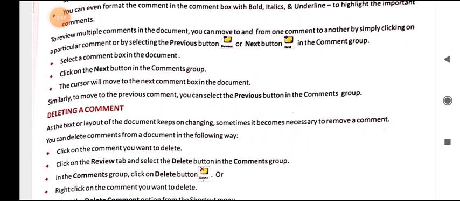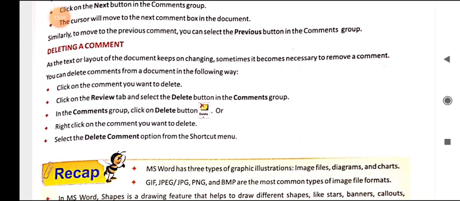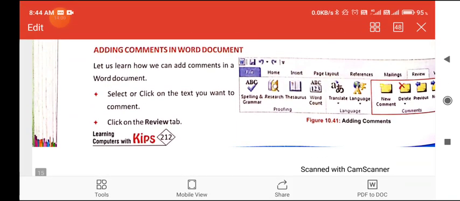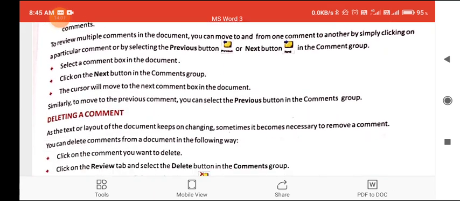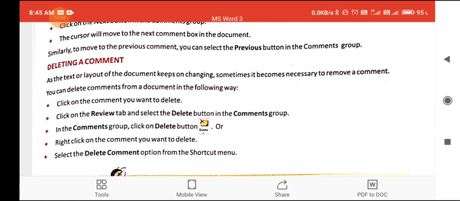Now the next and last topic of this chapter is deleting a comment. तो suppose that you have created a comment, you have written something, अब आपको ये लगता है कि अब इस कमेंट की कोई ज़रूरत नहीं है तो उसको आप डिलीट भी कर सकते हैं और उसके लिए डिलीट कमेंट बटन तो आपने देखा ही था कि यहाँ पे रिबन में जैसे न्यू कमेंट बटन था उसी के जस्ट बगल में डिलीट बटन है, आपको इसका यूज़ करना होगा कमेंट्स को डिलीट करने के लिए।